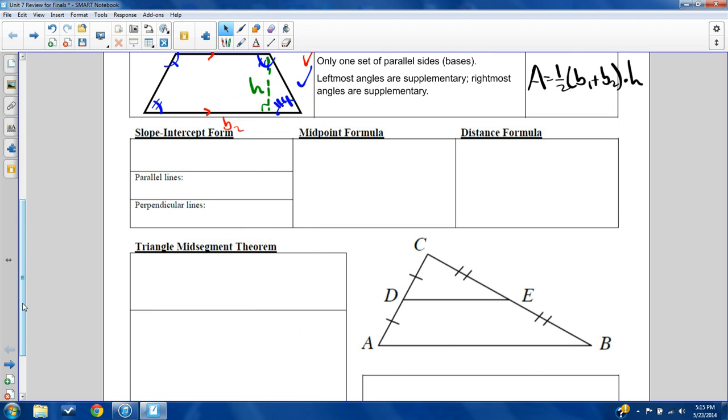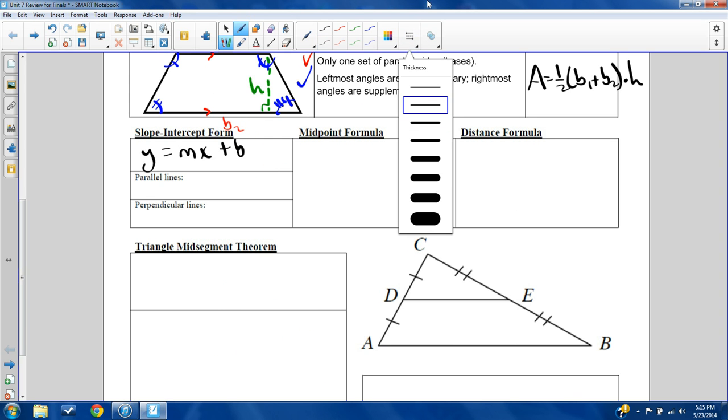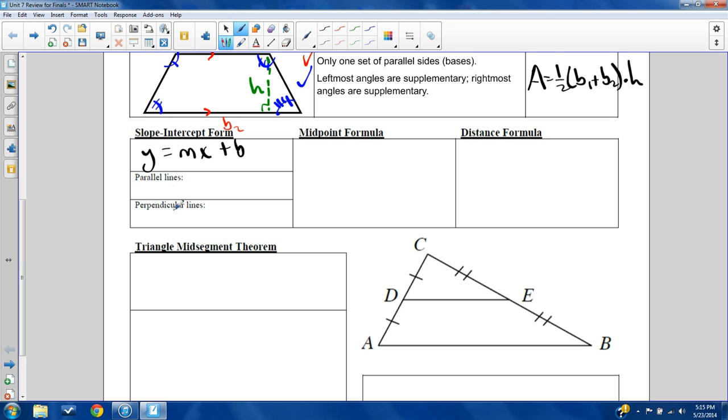We're talking about coordinate geometry now. Slope-intercept form. That's y equals mx plus b, where m is your slope and b is your y-intercept. And again, I get to make that joke because y-intercept starts with b, right? Haha. The only thing I want to mention about parallel and perpendicular lines here is that parallel lines, if you're